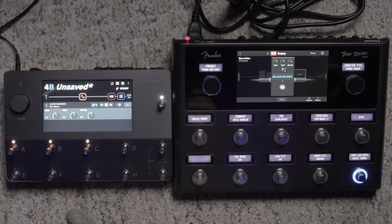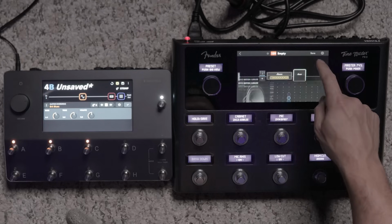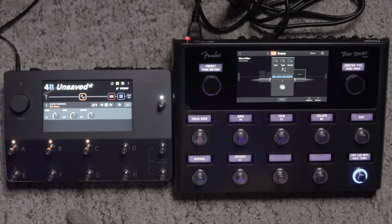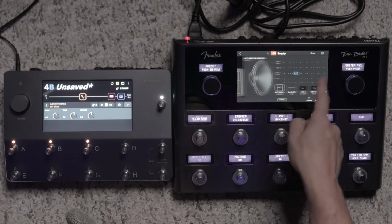Okay, let's see what happens now. Nope. I'm still getting my cabinet. Why am I getting my cabinet settings? Okay, that worked. There we go. Jeez. That's a little bit annoying. But now when I scroll through here...